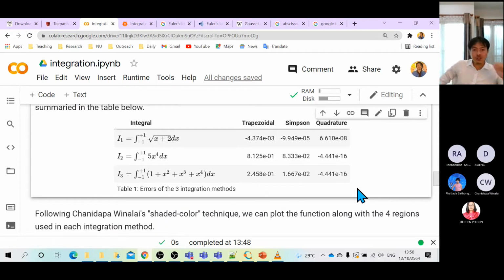Why is that? It's very strange. Why is that? That is the property of the quadrature. If the function that we are integrating is a polynomial up to a certain order, you get the perfect answer, like by